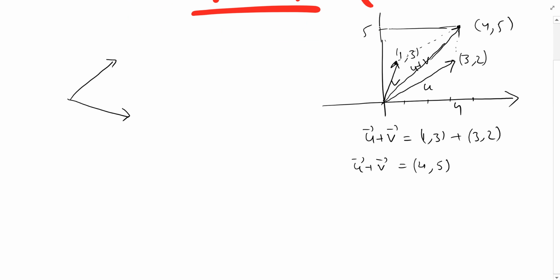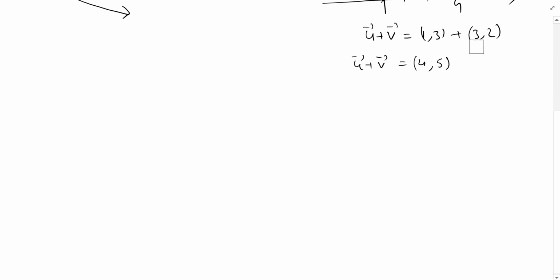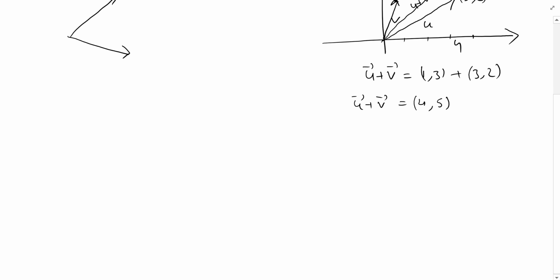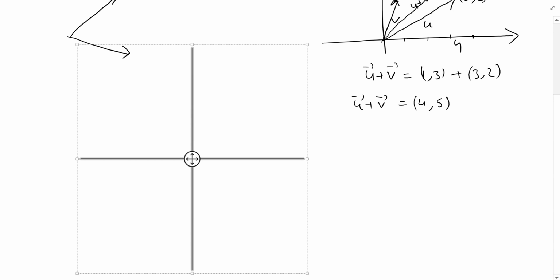In the same manner, we can subtract them. So sometimes they're going to write on a reference plane. Sometimes they just give you the vectors like that one and this one. So you'll be just adding them. So the subtraction of the vectors is going to be the other diagonal. For example, let me draw some reference plane. And I take this vector, which is 5, 1, 1, 2, 3, 4, 5,